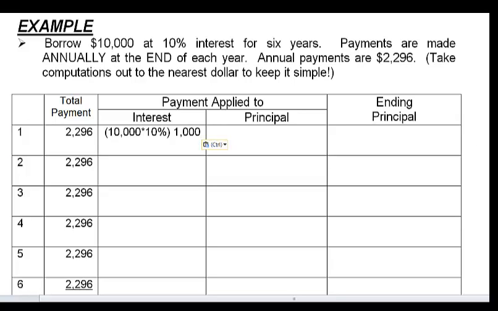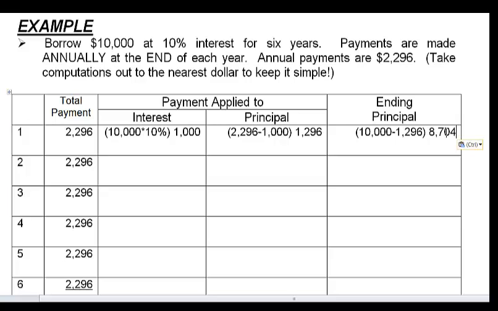How much goes toward principal? Well, it's going to be my total payment minus how much went to interest. My total payment was $2,296. $1,000 of that went toward interest. The remainder, the $1,296, then would go toward principal. My ending principal is going to be my beginning principal for that period less how much of a payment I just applied toward principal. So I owe $10,000 to begin with. I just applied $1,296 towards principal. $10,000 minus $1,296 says at the end of this period then I owe